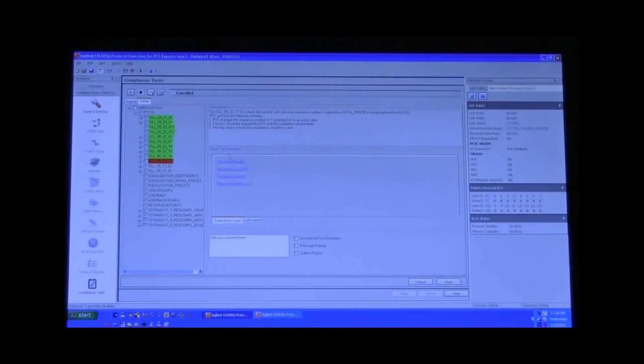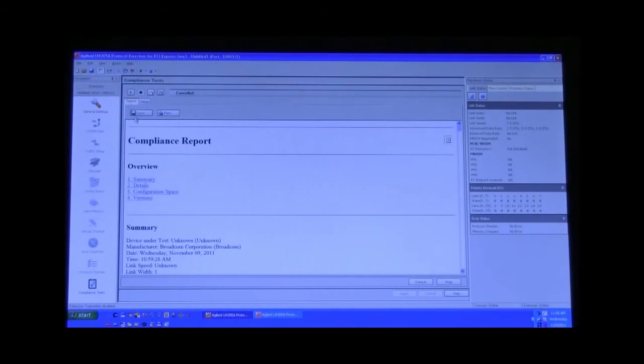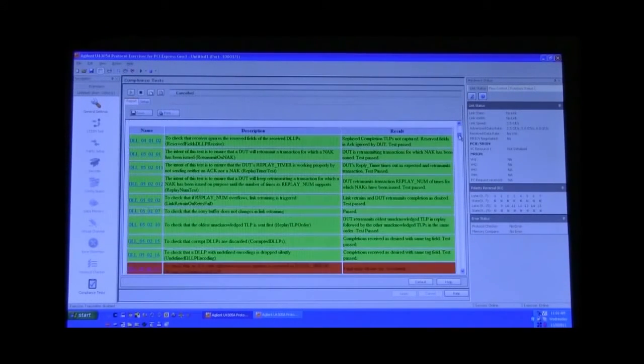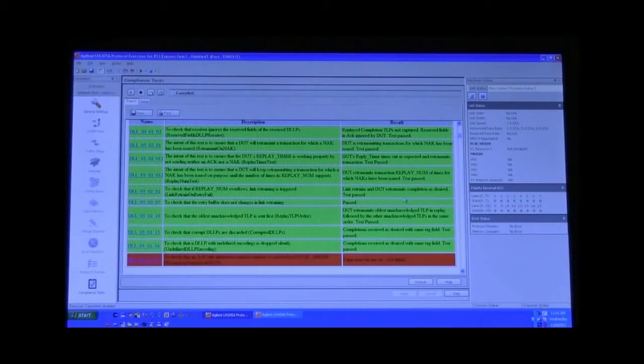Now that we've halted our test, we see an indication that we have had a failure with the red highlight. So let's go over to our report window, selecting the left side, and you can see the compliance report. This is your log. It is stored in an external file for review. And we can see the summary, and your log file shows up with the name of the test, the description of the test, and the results of the test,